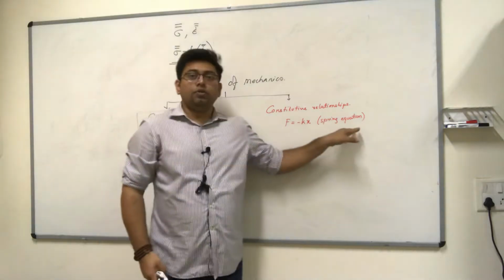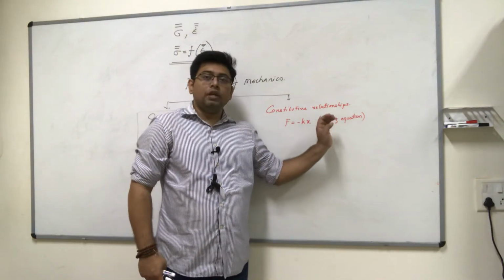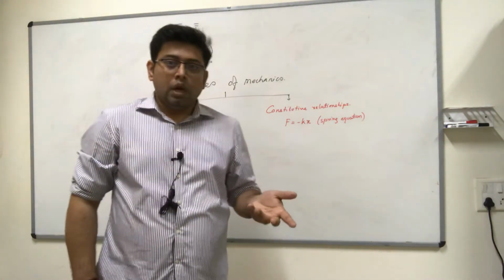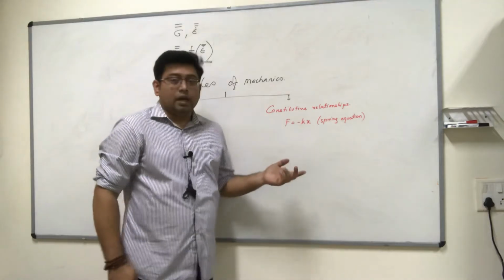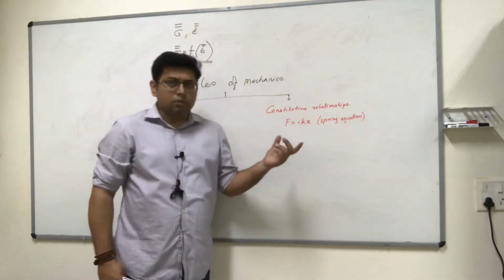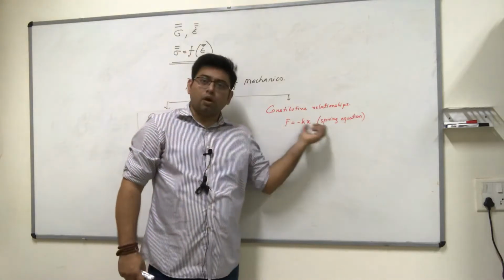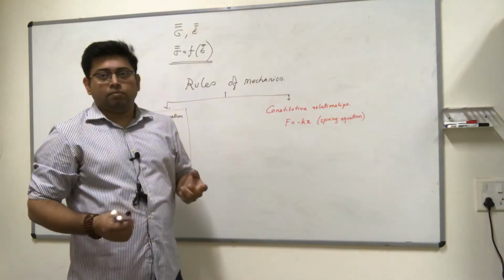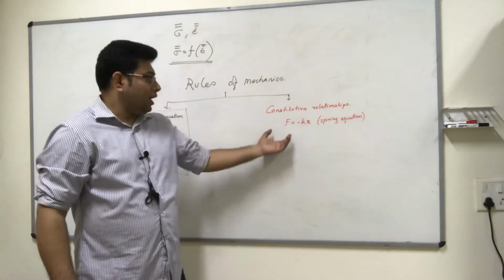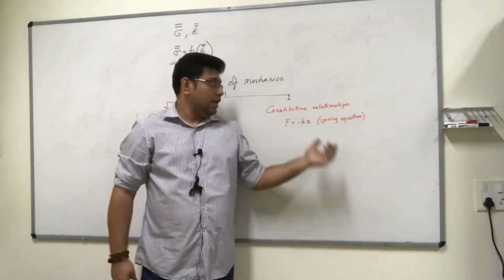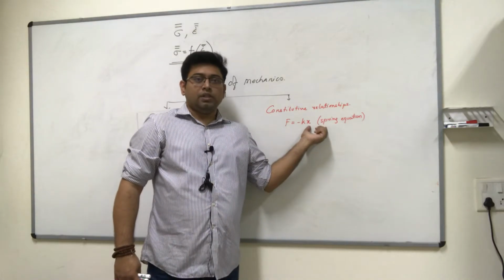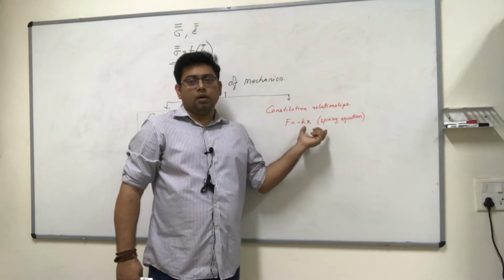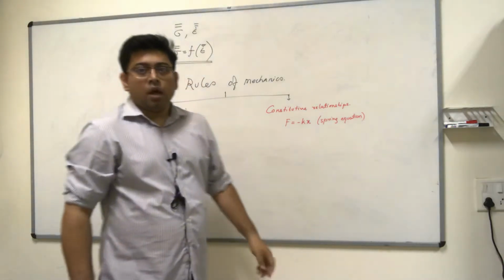This relationship which holds for linear springs is not an inviolable law. This is something we observe to be generally true. If it is not true in certain circumstances, it doesn't take away anything from mechanics. Yes, it's possible that you can have a spring which is not given by this rule. Then what? Well, then nothing really changes. It's okay. It can happen. This is an observation that there are many situations in which this linear relationship does hold, and we are justified in applying it.